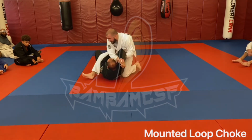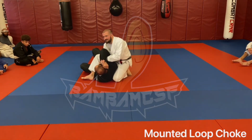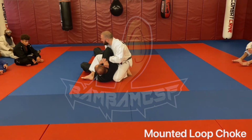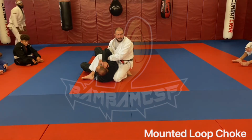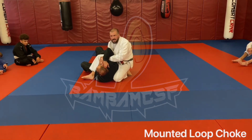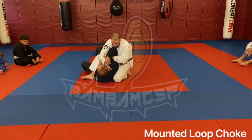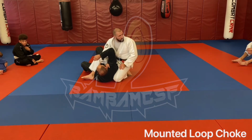tries to counter, I don't like this, and I send him over to his side. But I'm not confident attacking the arm, I'm not confident taking the back. Or I just like choking people because I'm a jerk. Also a great option. All we're gonna do, I'm gonna reach my hand right into kind of the collarbone depth